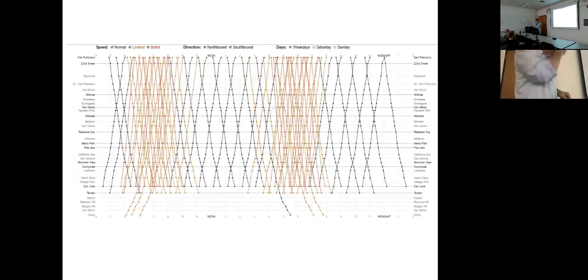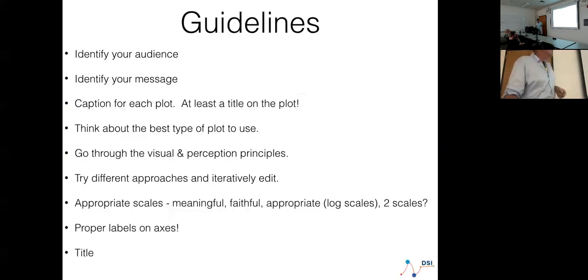And then somebody else did this too. This is the Gilroy, San Francisco Gilroy version. This is actually done in what they call D3. It's an interactive plot, so you can go in and hover over things and select differently. These are color coded because one's a bullet train. It's going to pick that up because it actually has different slopes and so forth, and which ones don't stop at certain stations.